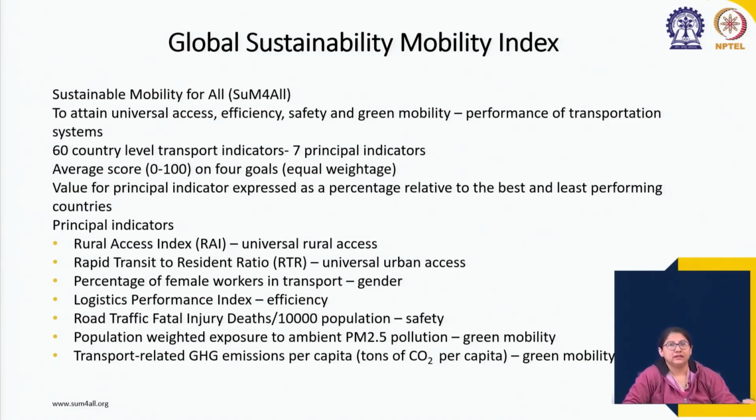Population weighted exposure to ambient PM 2.5 pollution, which has now been categorized under green mobility, and transportation related GHG emissions per capita, which is also included under green mobility. Now we will be looking into these 4 goals separately, and we will be looking into the indicators included within